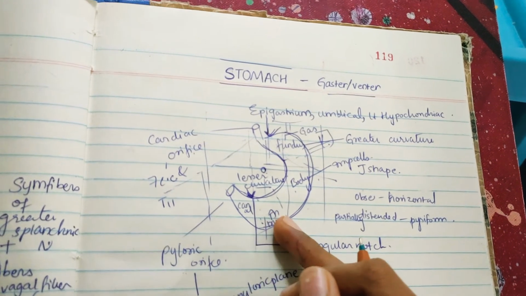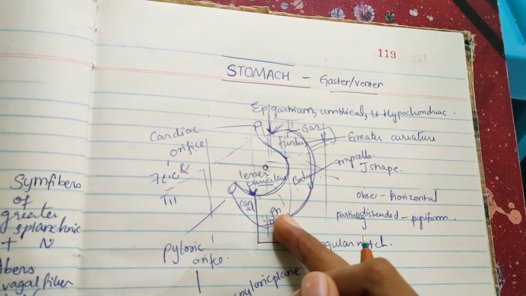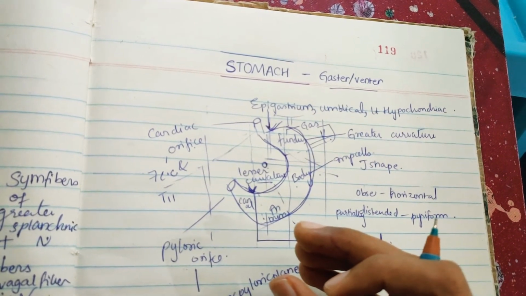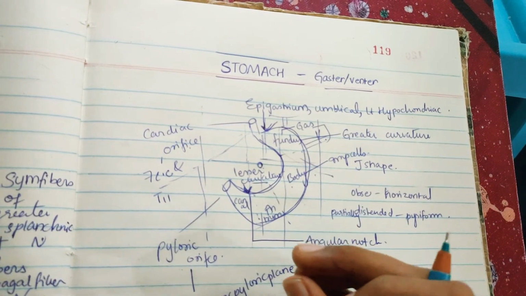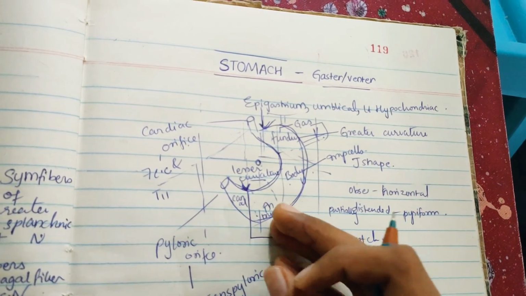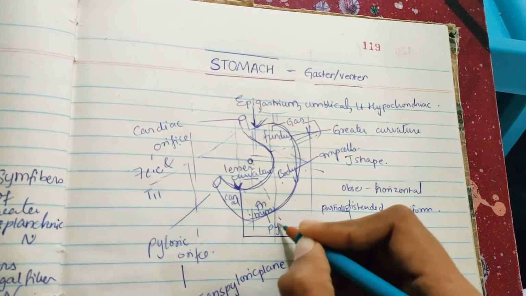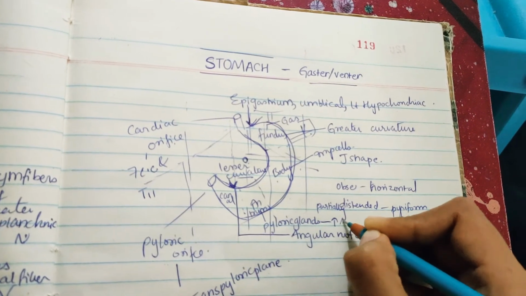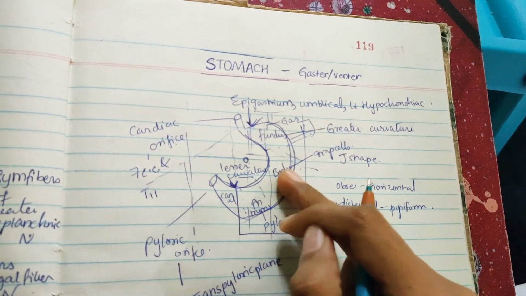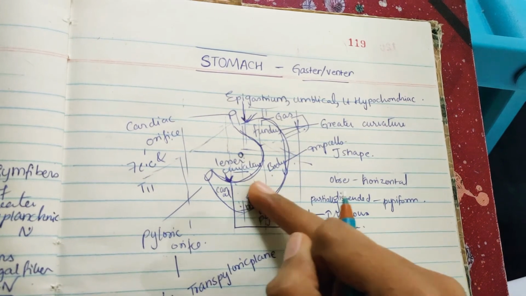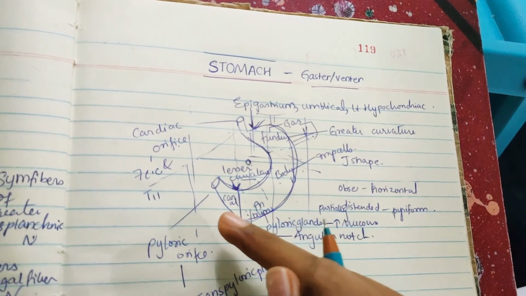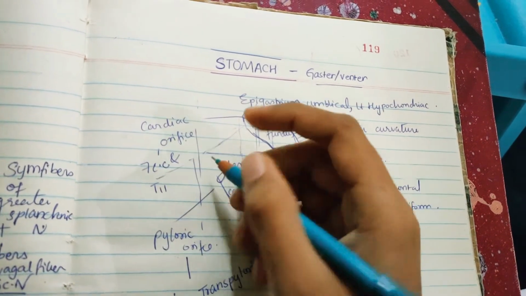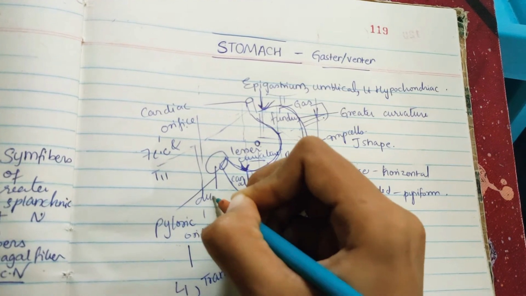Next, coming to the pyloric antrum. In the pyloric antrum, there is an inconstant sulcus called the sulcus intermedius, which is present on the greater curvature. There are also the pyloric glands, which are richest in mucus cells. So in the pyloric antrum you have pyloric glands, which are rich in mucus. Here you have HCl and enzymes, and here you have mucus in the pyloric antrum. Next, coming to the pyloric canal, it is narrow and tubular and ends in the pylorus, and next it ends into the duodenum, the first part of the duodenum.